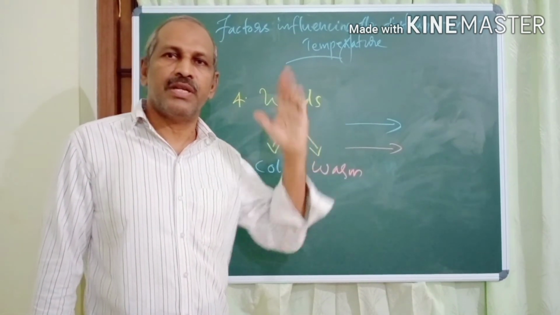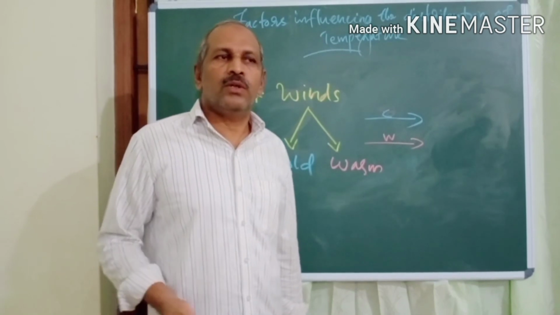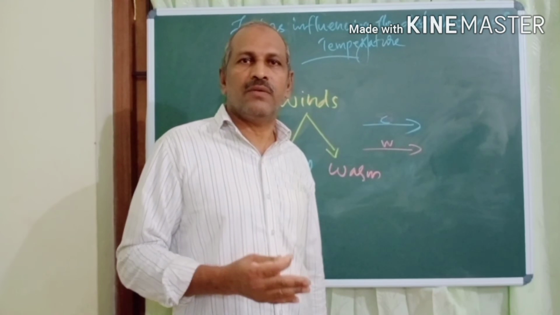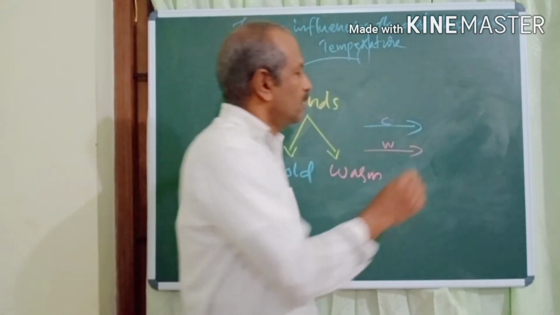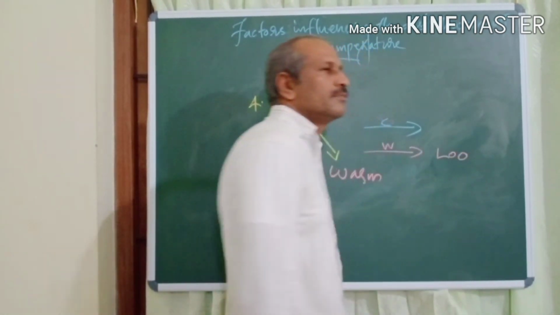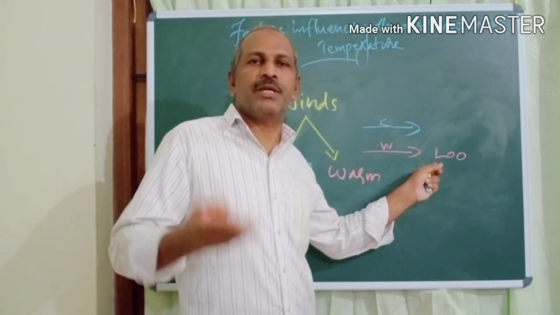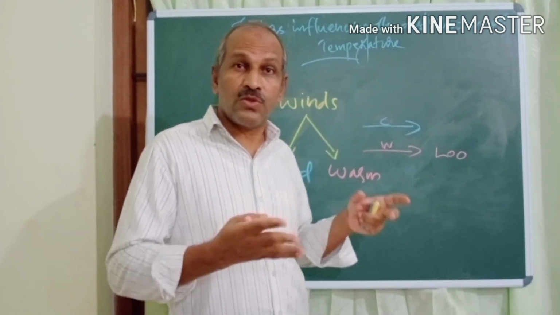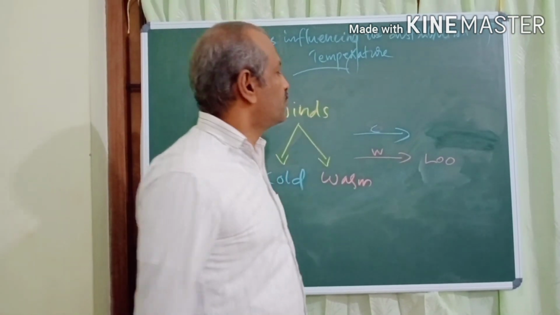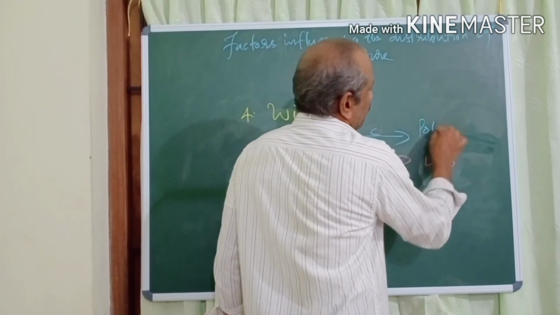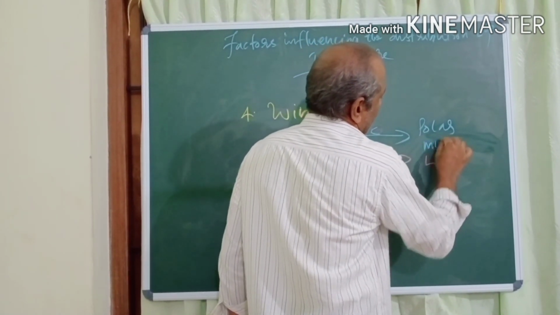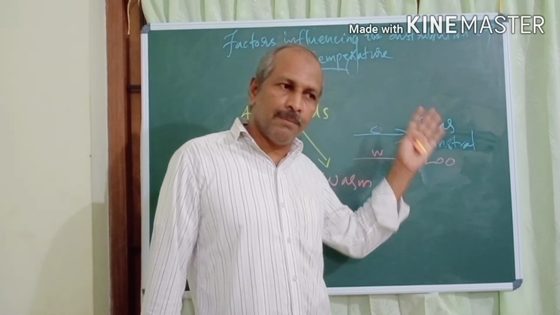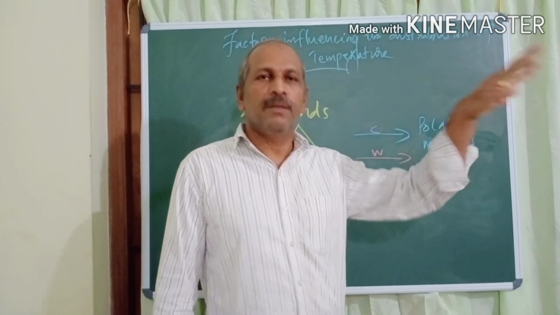So atmospheric temperature increases. We know that during summer in North India, a very strong hot wind blows. That wind is called Lu. This wind raises the temperature of the northern plain of India, especially Rajasthan, and it causes sunstroke deaths. Examples of cold winds are polar winds and mistral. These winds lower the temperature of the region to which they blow.